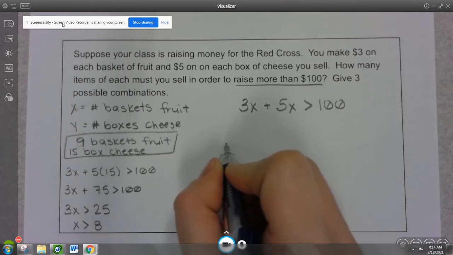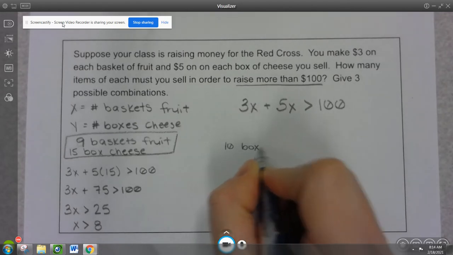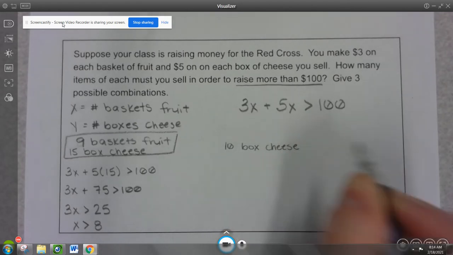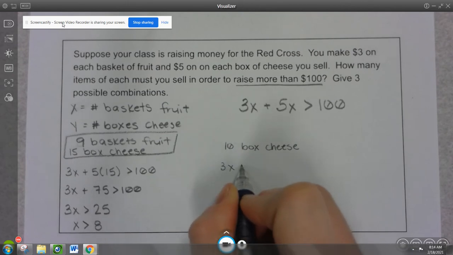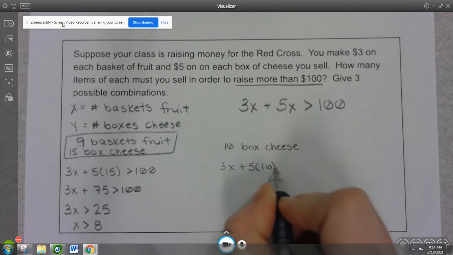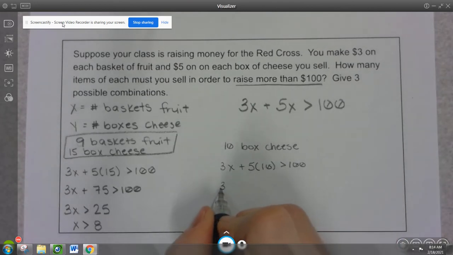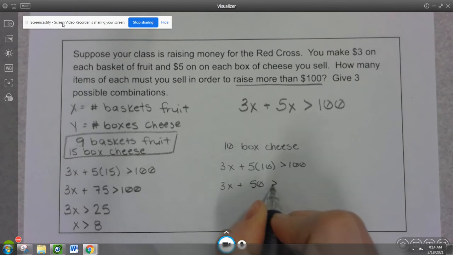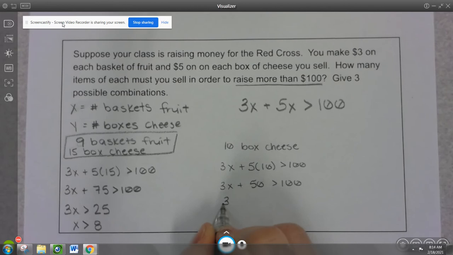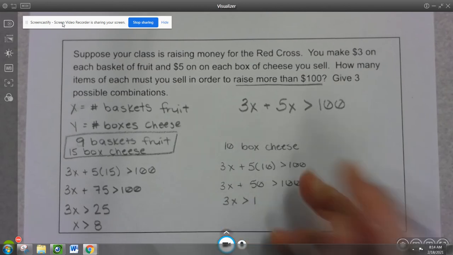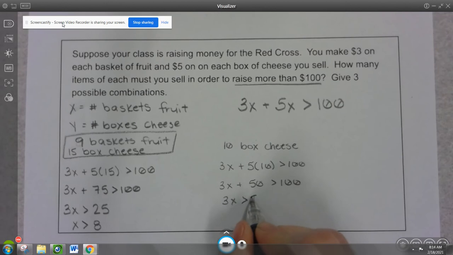Let's say we only did 10 boxes of cheese. Well, that would be 3x plus 5 times 10 being greater than 100. And again, no calculator. 3x plus 50 greater than 100. Subtracting 50 tells me that 3x has to be more than 50. Now again, I understand that this is a decimal answer. The closest that I'm going to get,